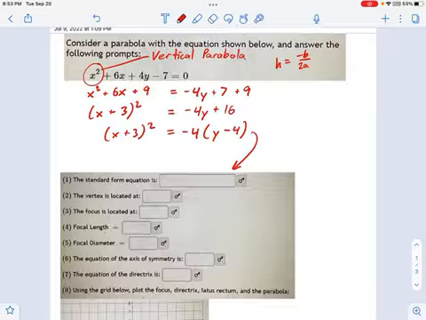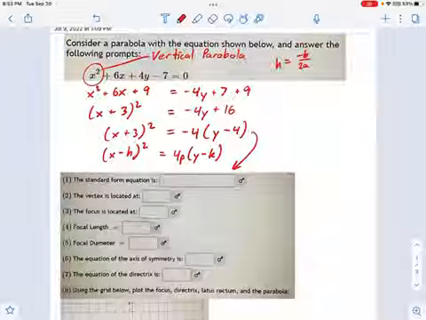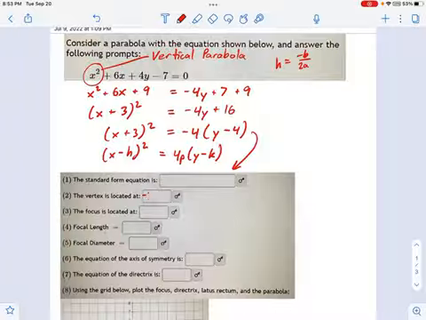So let's start pulling some things out of this. If you remember what the standard form equation looks like, it's x minus h squared equals 4 times p times y minus k. Okay, so h is the location of the vertex in the x-coordinate. And for us, you can see that's going to be negative 3 in the x-coordinate. That's h. And k, according to this equation I'm looking at right here, is 1. So negative 3 comma 1 is the location of the vertex. No, what am I talking about? It's 4. I just misread that.